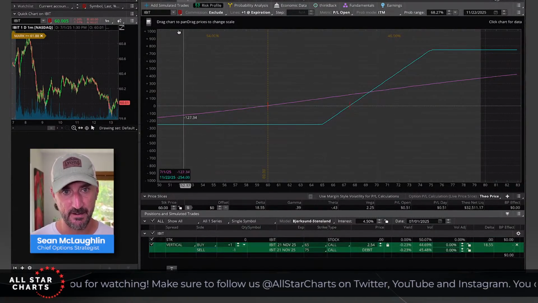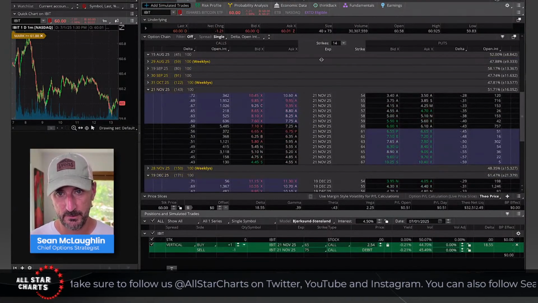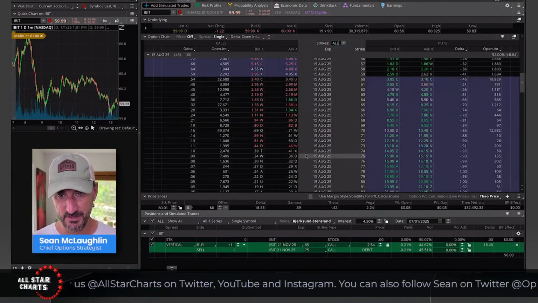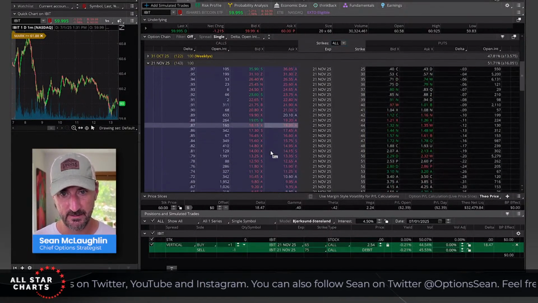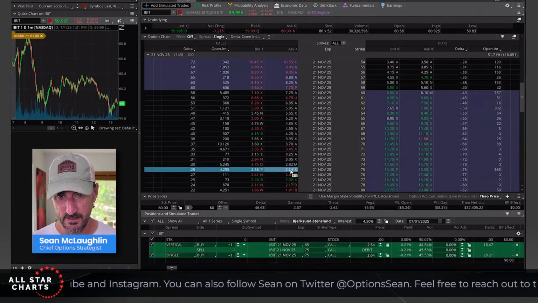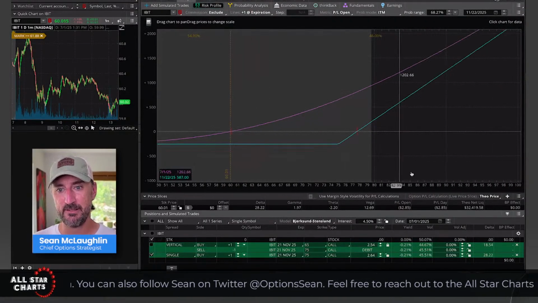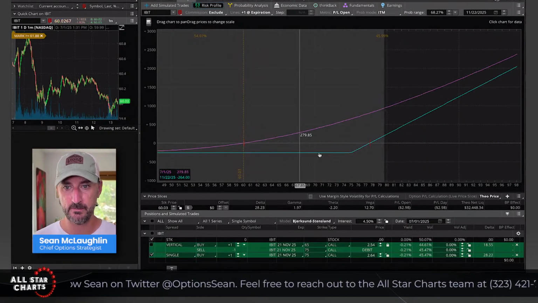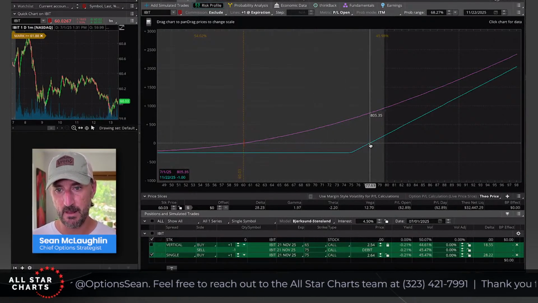Well, let's compare. Let me do another simulated trade here. We're looking in November. So we talked about the 77 strike because that was the 25 delta, right? Or let's just do the 75, a little bit more apples to apples. Oh, this is August. We want November. Okay, so let's pretend that we are just buying the 75 calls. All right, so this is what a P&L graph would look like buying the 75 calls. Now, I want you to notice right here. This is the P&L graph on expiration day, the blue line. This is where I break even.